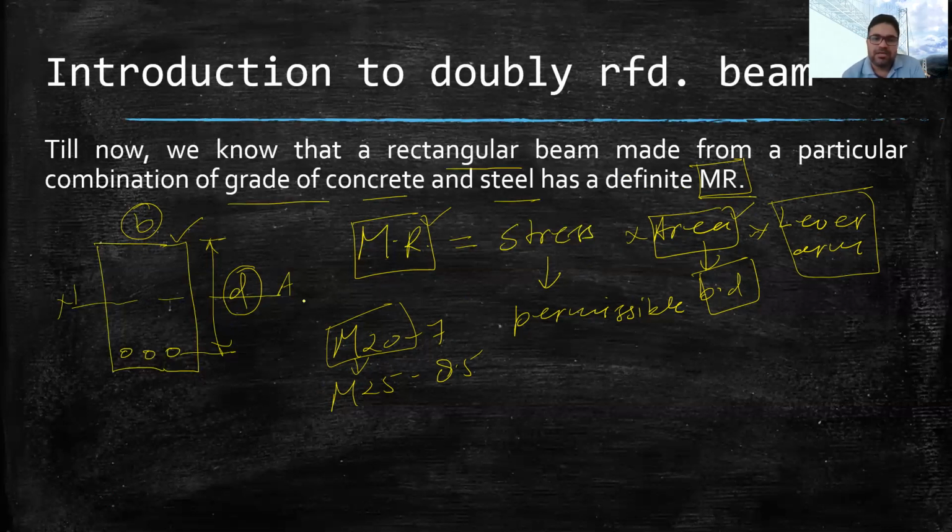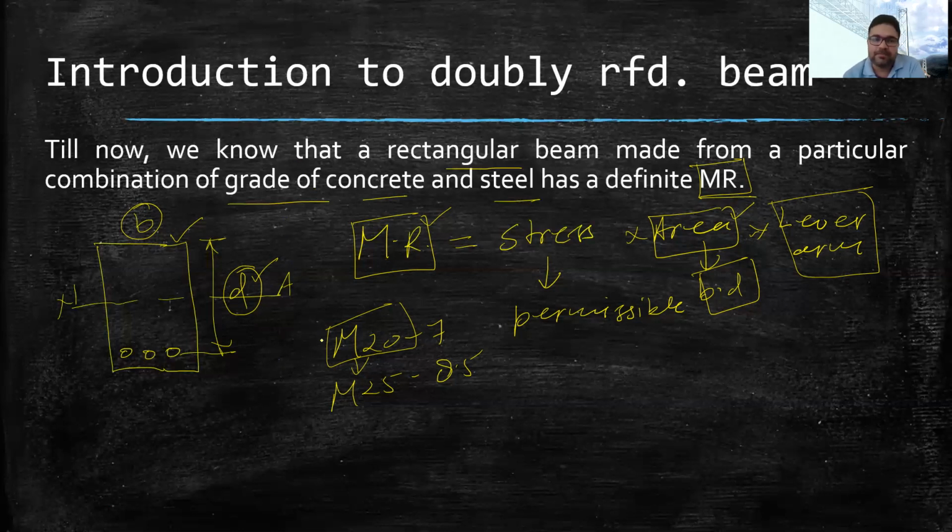Now, if we increase the dimension, then obviously the beam will have a higher depth. This higher depth of beam may not be desirable in some cases. Say, for example, in case of architectural consideration, we may have a restriction on increasing the depth, and at the same time, the load may be larger. It may be a heavier load, and to carry that heavy load, we may require a beam of more size. So in that case, we have to increase the depth, but depth cannot be increased because of the architectural restrictions.